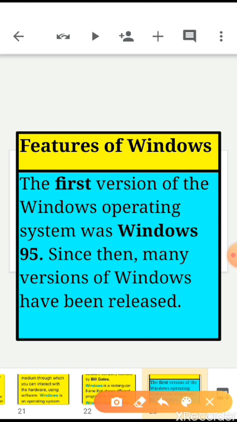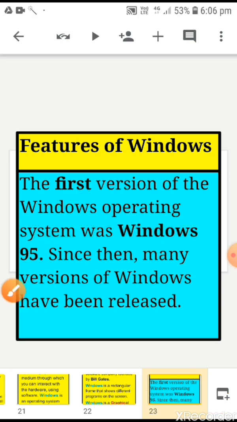Next is features of Windows. Children, the first version of the Windows operating system was Windows 95. Then many versions of Windows have been released.